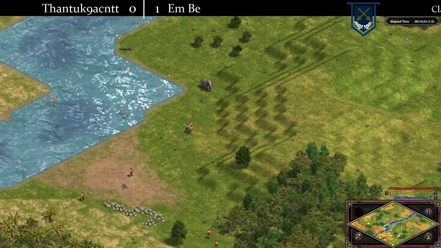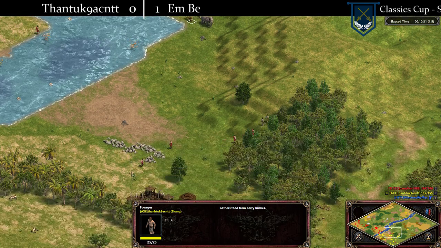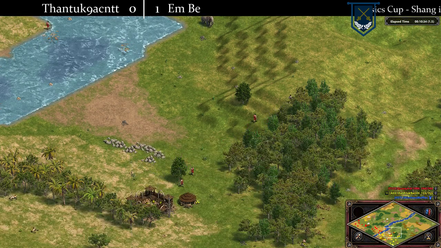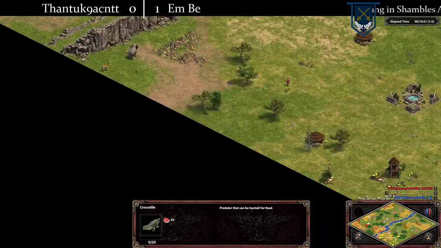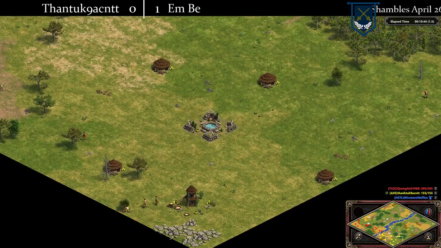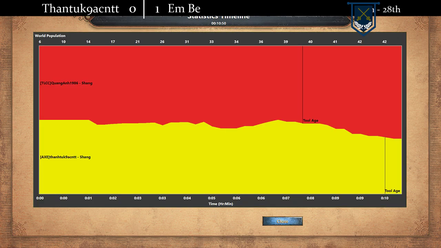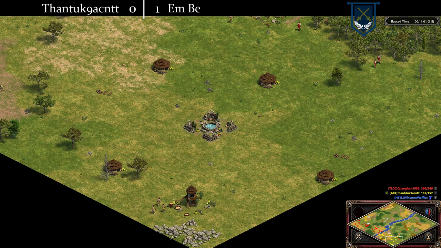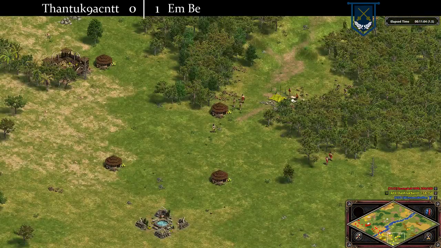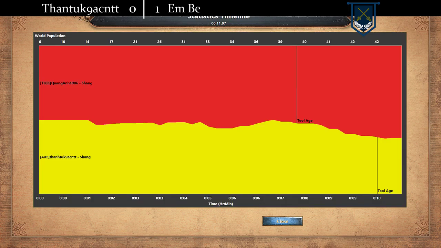Wow, this is really surprising. I was expecting more of a fight from Thantuk in these games as he put up a really strong display against Vudai. Maybe there's something else going on here. I mean, his maps, this game, both games in this set, his maps have been bad. But, yeah, maybe this is just showing the skill differential between Embe and Vudai, right? Vudai is a very strong player, but, I mean...